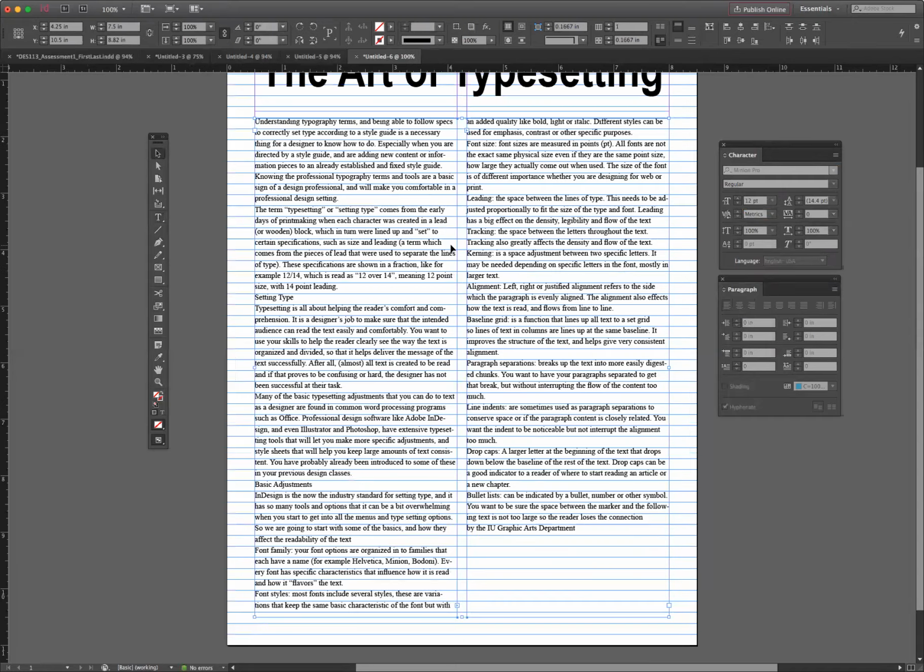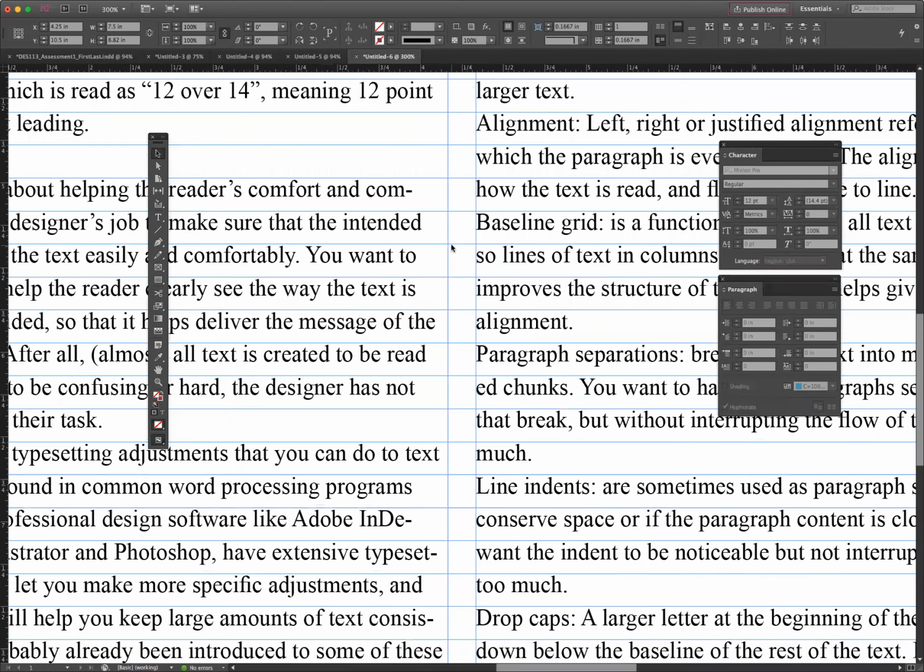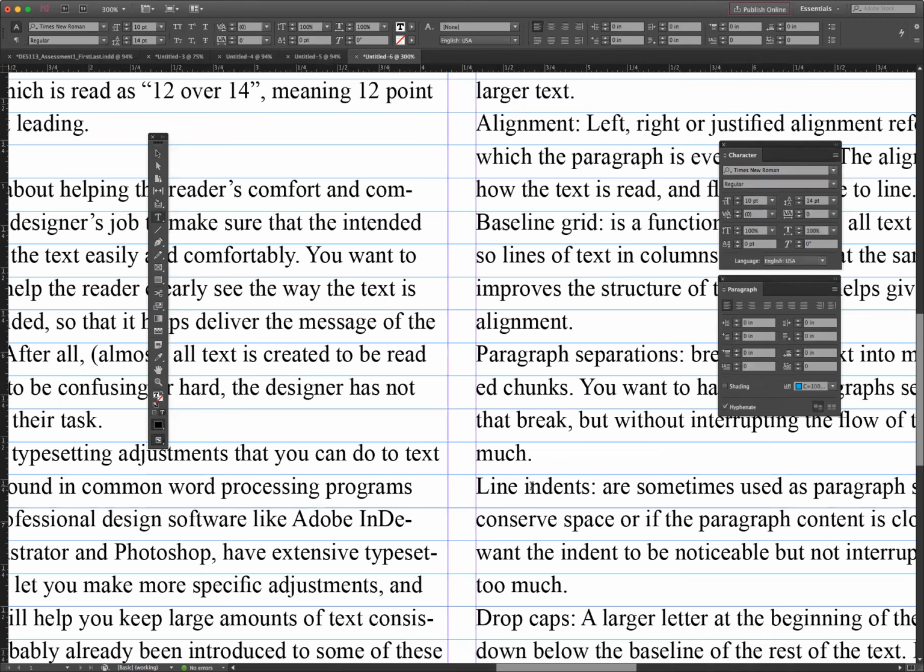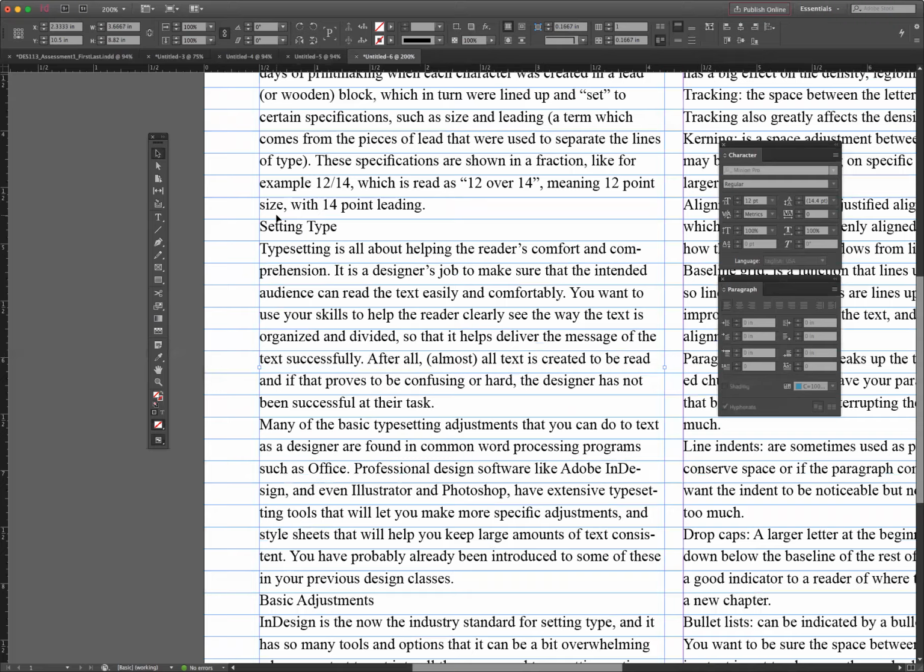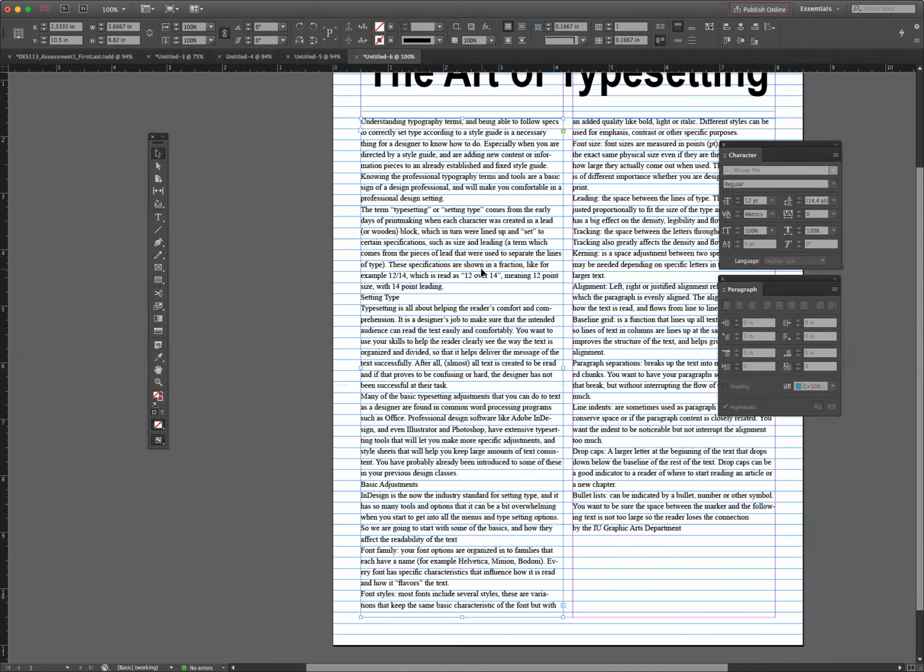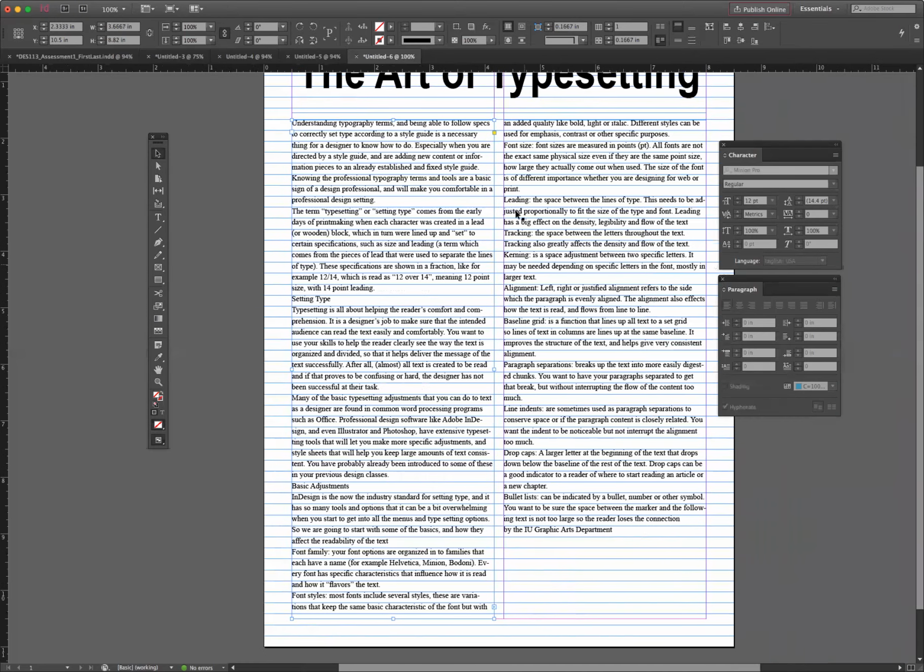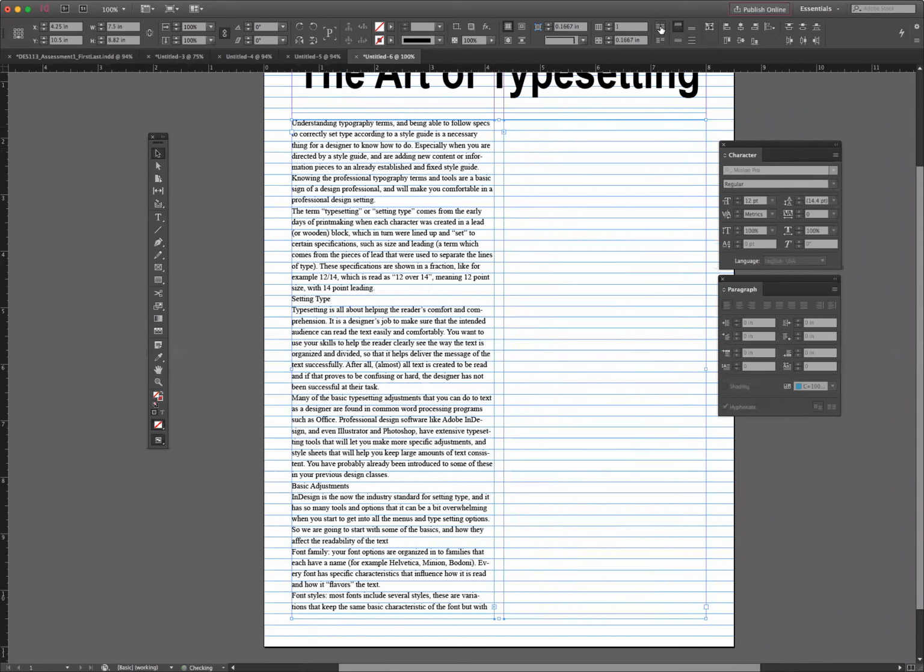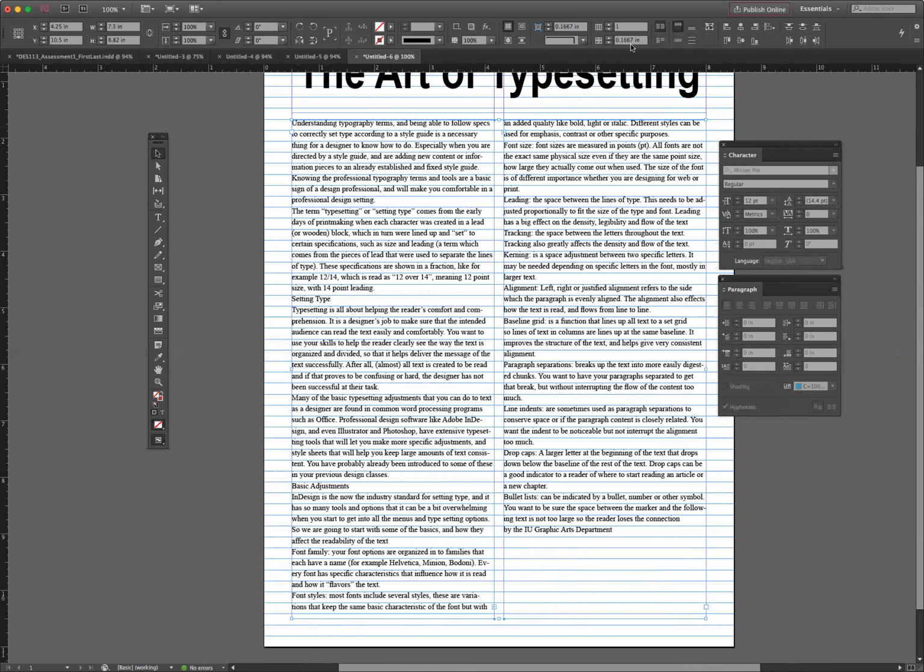Now I'm going to zoom in here. You can see that it's not all lined up. It's kind of floating up here. All right, so not everything is lined up correctly. So we're going to zoom out, and I'm going to click these two. I'm going to go over